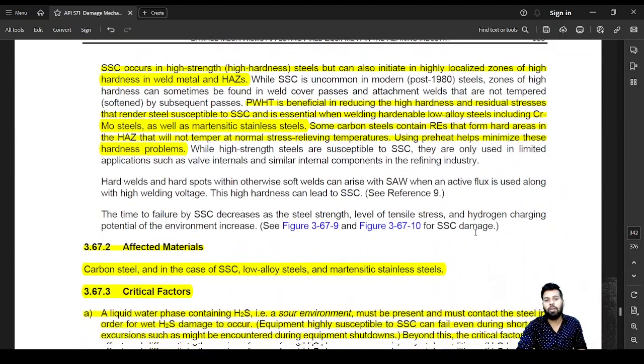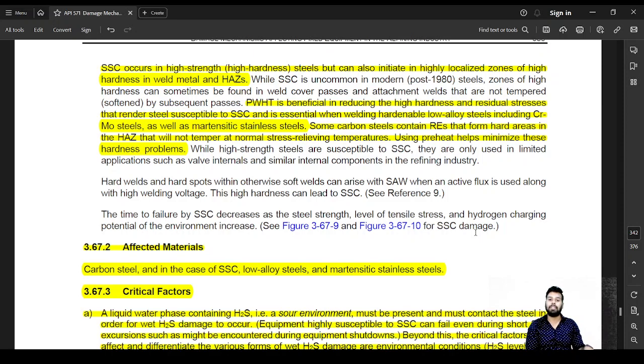Stress corrosion cracking occurs in high strength, high hardness steels, but can also initiate in the highly localized zones of high hardness in weld metal and heat affected zones. So generally, to reduce all of these things, we'll do post-weld heat treatment on carbon steels. Post-weld heat treatment is beneficial in reducing the high hardness and residual stresses that render the steel susceptible to stress corrosion cracking. And it is essential when welding a hardenable low alloy steel, including chromium-moly steels as well